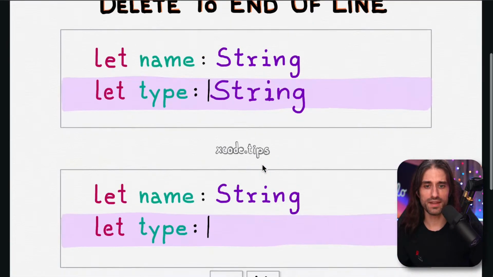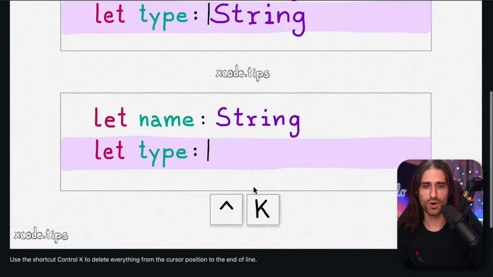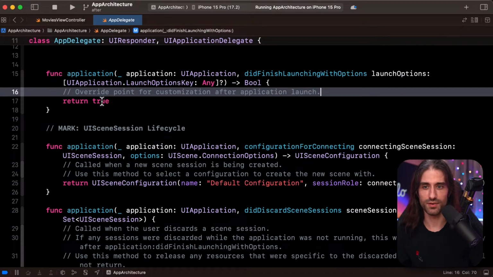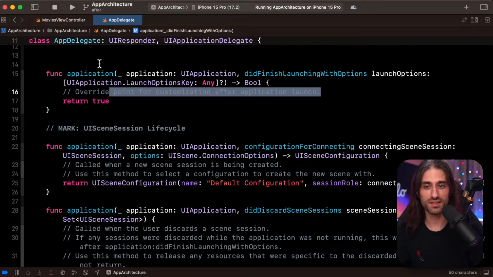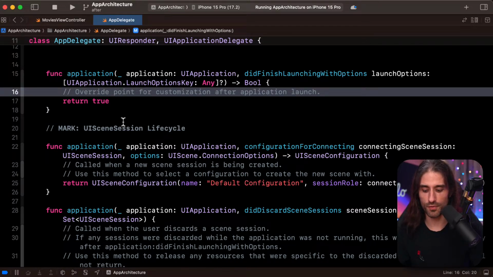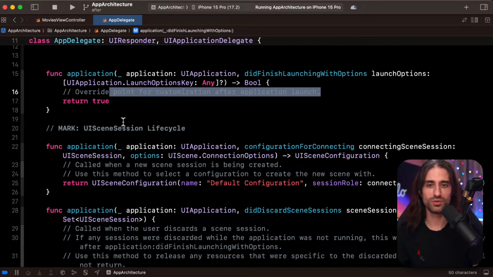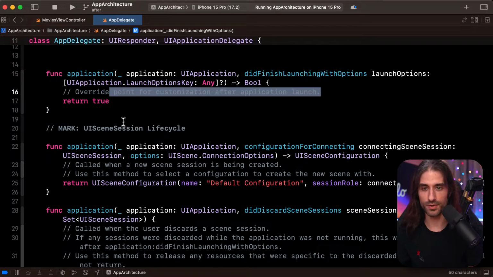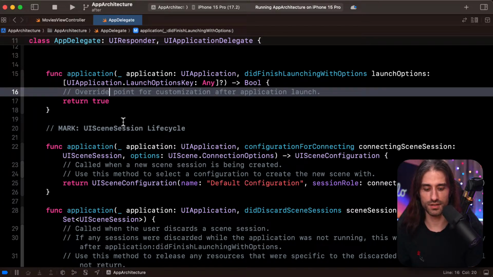Then delete to end of line. So Control and K is going to delete to the end of the line. So let's have a look. We are here, and I do Control and K. Oh yes, it does it. To be honest, I've never used it because I'm more of a school of doing Command Shift and then the right key to select the whole line and then backspace. But you can do Control key, sorry. That's a good one to know.